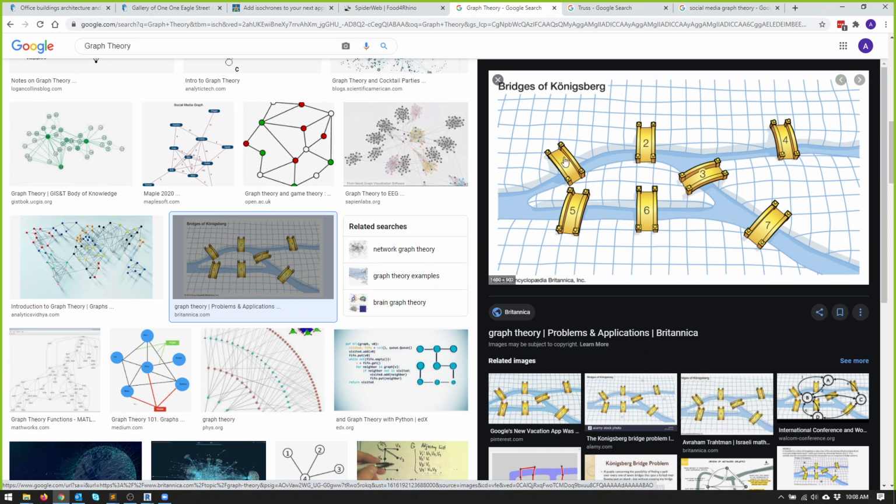wanted to work out, is it possible to go for a walk through Königsberg, crossing each bridge but only crossing each one once. And so if you draw it from this island here, going across 7, 6, 5, I'm stuffed, right? 7, 6, 3, 4, 2, 1, I'm stuffed. So there's